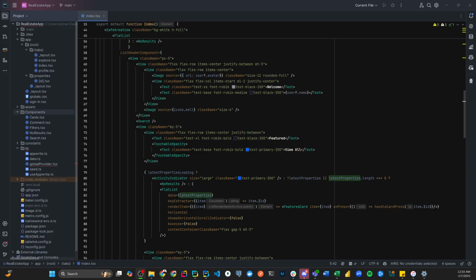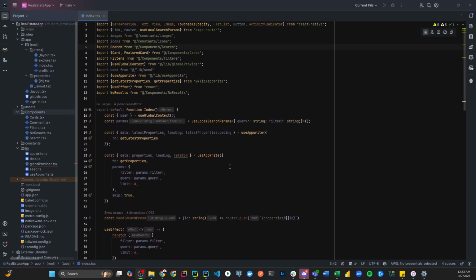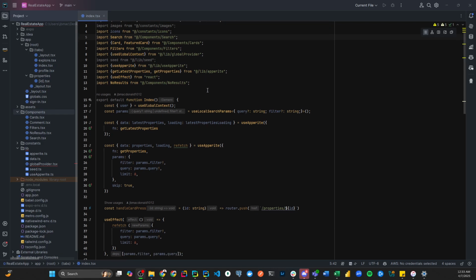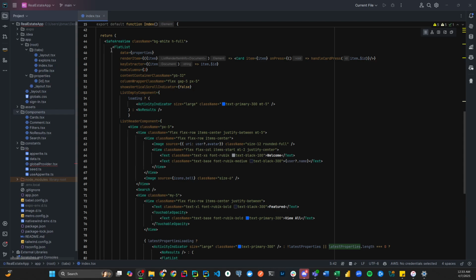Hey everyone, Jason McDonald here, and I've got for us here today a React Native app, a mobile app that's been developed using React.js. It's called React Native, so similar to React.js. As you can see on the screen here, we've got some code that looks kind of like web development with React, with some different tags that handle the functionality for building within a mobile app as compared to a web